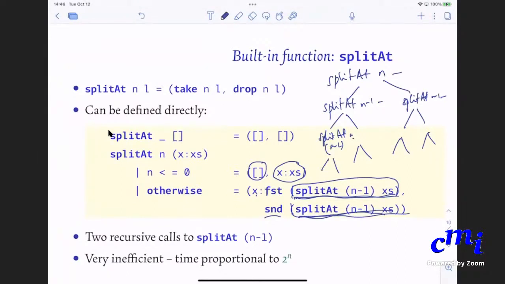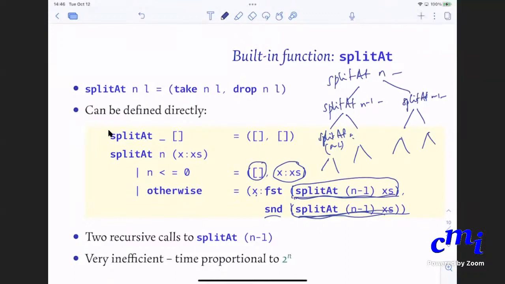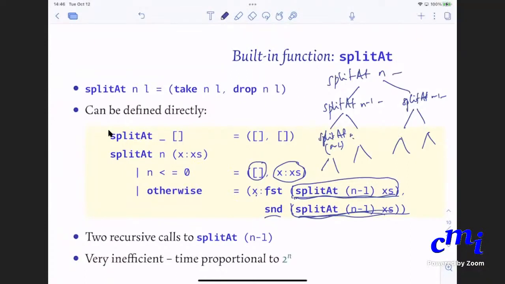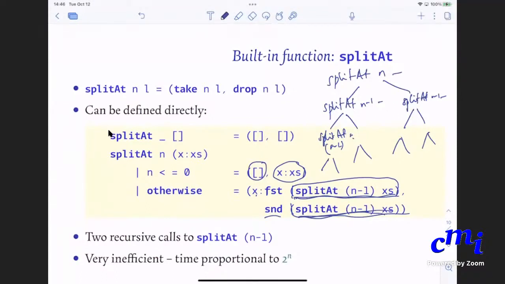The way Haskell works is that whenever there is a function call, it will make the call. There is no notion of storing the value somewhere and then reusing it, like in other programming languages. Srimati, you say that you have not done any programming, so you might not be aware of it, but whenever you write an expression, work has to be done to compute it, right? Yes, sir. So the same work is being done twice, and inside split at n minus 1 x's, you will do twice split at n minus 2 x's. But each of those calls will involve 2 calls to split at n minus 3. So you'll have a tree like this.